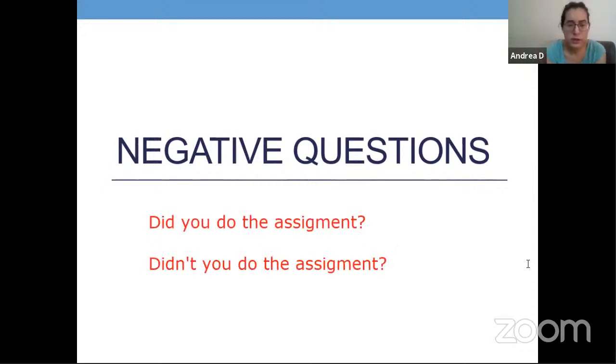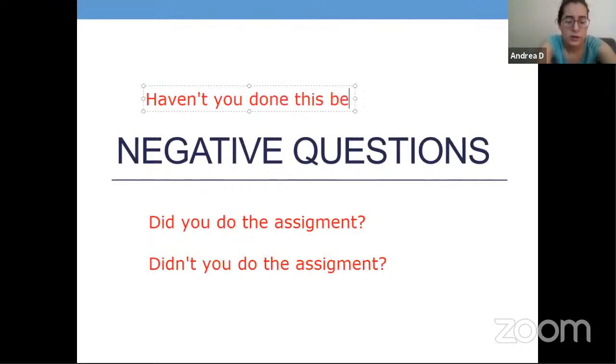It could be with any tense, in the simple present, do you do, don't you do. It could be with an auxiliary, should you be here, shouldn't you be there. It could be with a verb be, are you here, aren't you here, with a present perfect, with another auxiliary. Have you done this before? Haven't you done this before? So it's quite simple because it's still the same as any question. The only difference is that the auxiliary part,